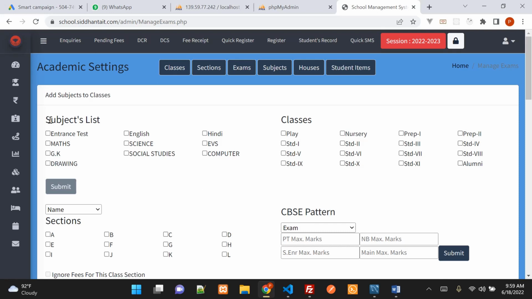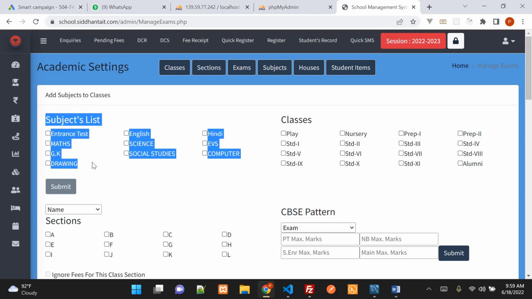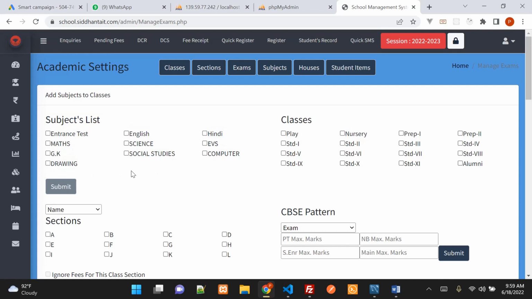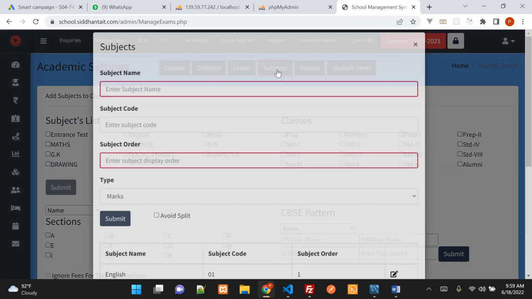Here we can see there are already a few subjects created for us: English, Hindi, Maths, Science, EVS, GK, Social Studies, Computer Drawing. And suppose we want to add more subjects to this list, so we can go to subjects